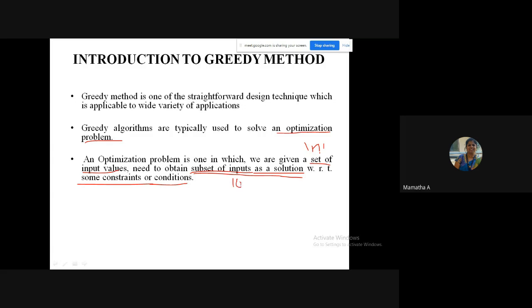I am not giving you the count because we don't know how many items the mart will have. Out of that, you will select a subset of inputs as a solution. Say 10 items I will select with respect to some constraints or conditions.